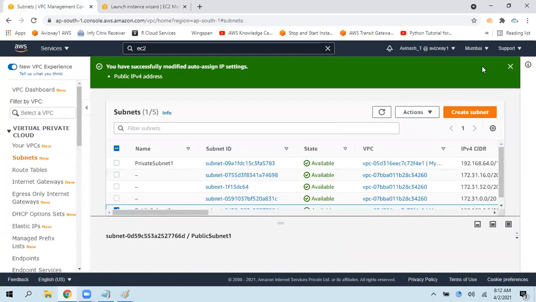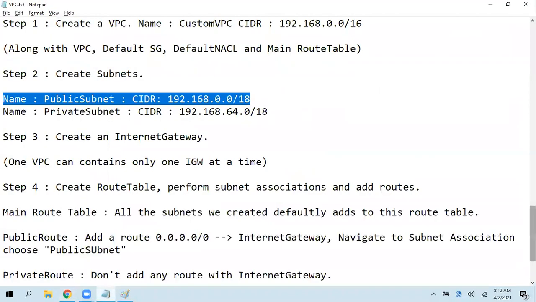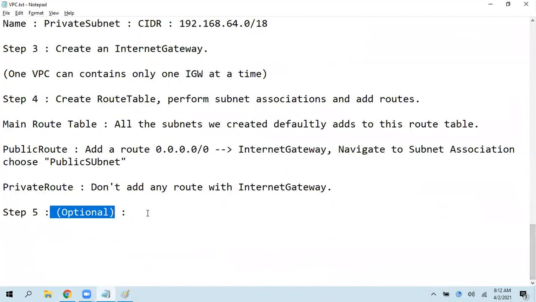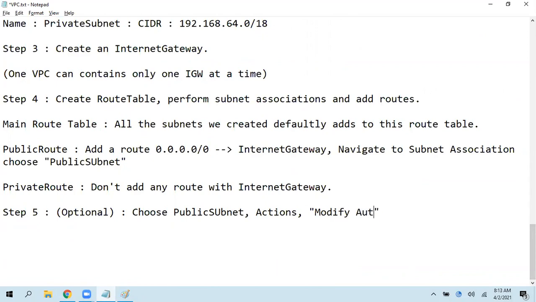This is not a mandatory step. That's why I wrote it in brackets as optional. Choose the public subnet, actions, modify auto-assign IP settings, and enable it.